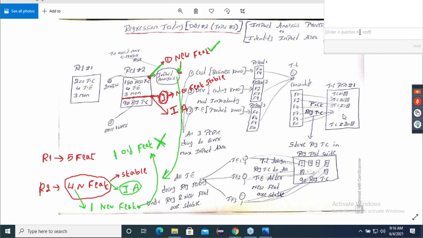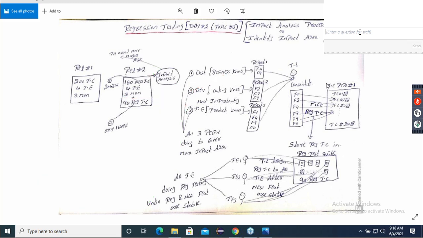Lesson learned is what? Can you tell me? From this, whatever example I'm teaching you, you don't have to speak this in the interview. What is the lesson learned? You tell me, that's all. If you only tell me what is the lesson learned, my life will be dhanya. Do the impact analysis at first stage only. Perfect. That's all. If you do the impact analysis at the first stage, guys, listen what I've written here. Any major risk can be avoided. Yes or no?